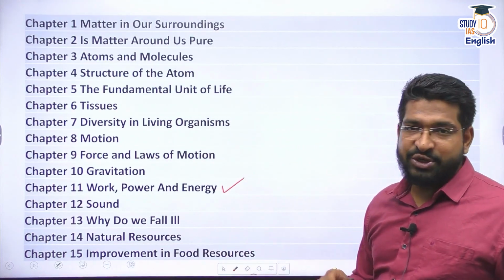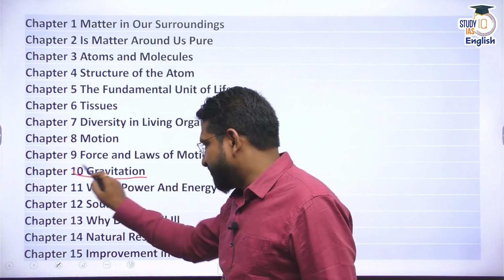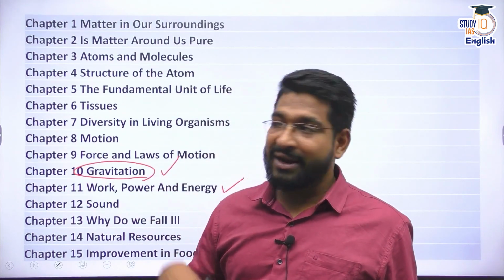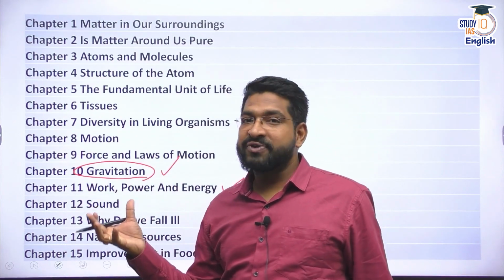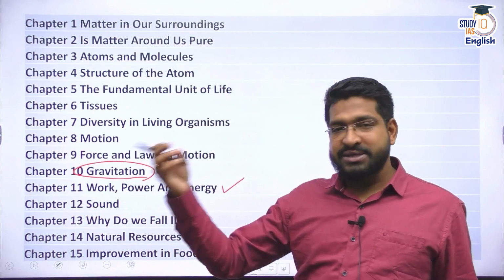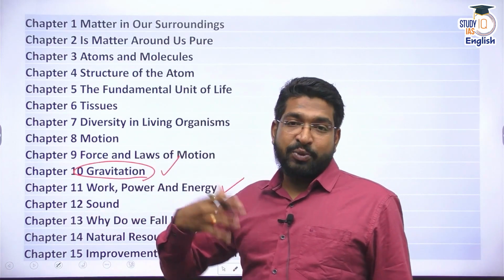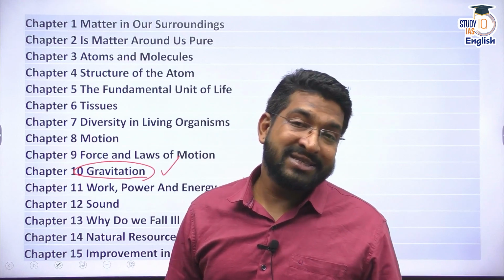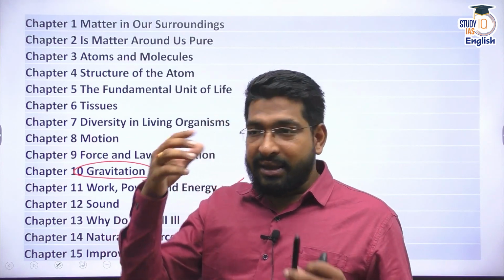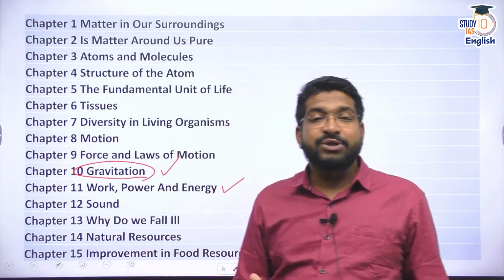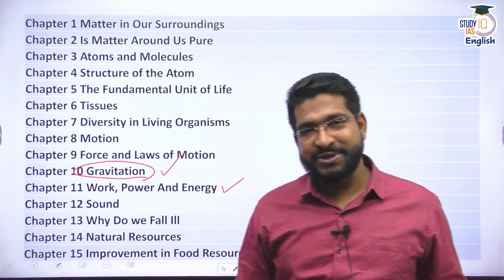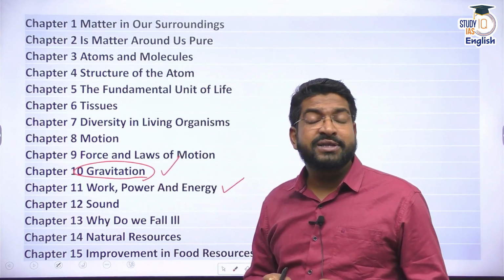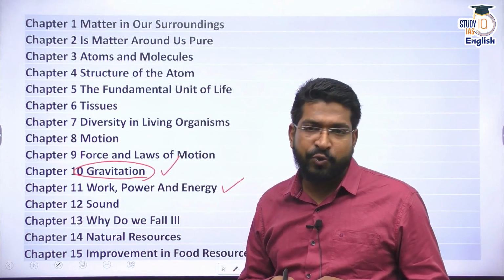I hope you remember chapter 10. In our previous interaction, we discussed gravitation. We discussed the universal law of gravitation. Every object attracts another object through some sort of gravitational force, which depends on the masses of the two bodies and is inversely proportional to the square of the distance between them. And that's why we established that celestial bodies create a large amount of gravitational force. Right? We also understood many other concepts connected to it. We ended our discussion with the understanding of buoyant force.